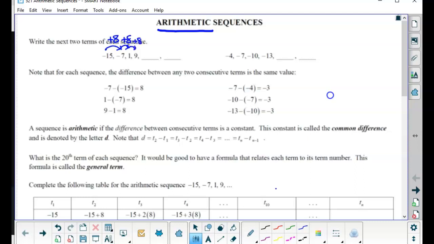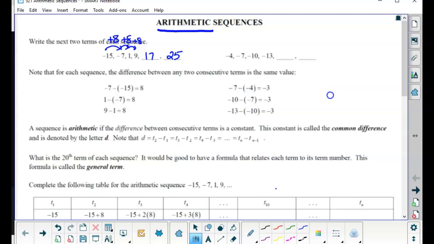So as long as you check it for a few, you're going to assume that the pattern continues in that way. So we keep adding 8. So that'll be 17 and then 25. Okay. Then next one,